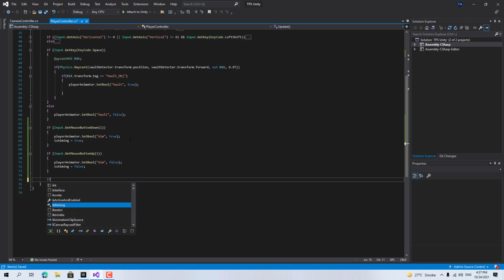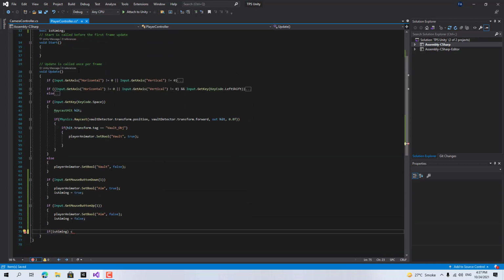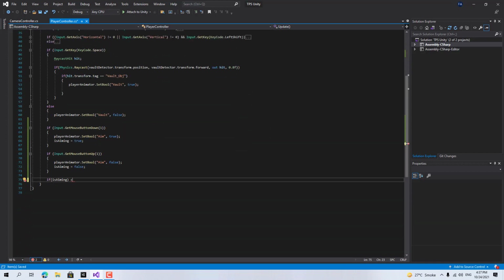So here we have to write if is aiming, and if our player is aiming, then we have to just write main camera. Wait, let me see what we have called the camera. We have not called anything,